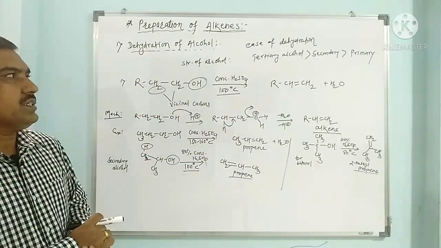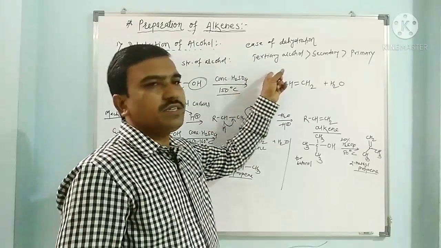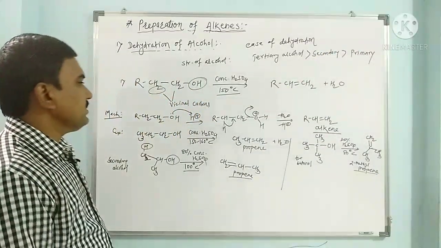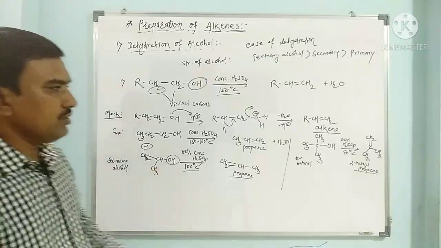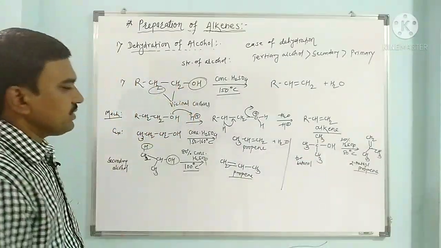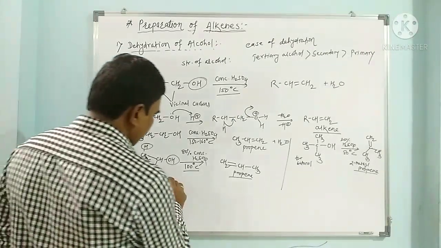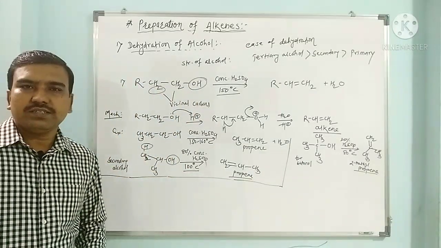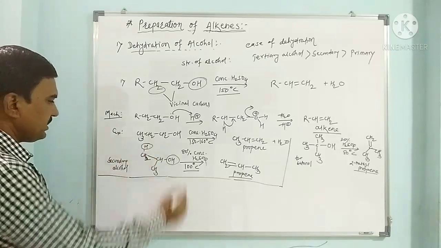Here, if you see, it depends on the structure of the alcohol. Tertiary alcohol undergoes faster dehydration than secondary, than the primary. So in this way, we have seen the primary alcohol's dehydration, the secondary alcohol, then the tertiary alcohol. Now next we have to see that all these examples have the same kind of adjacent proton, but when we have different kinds of beta hydrogen.